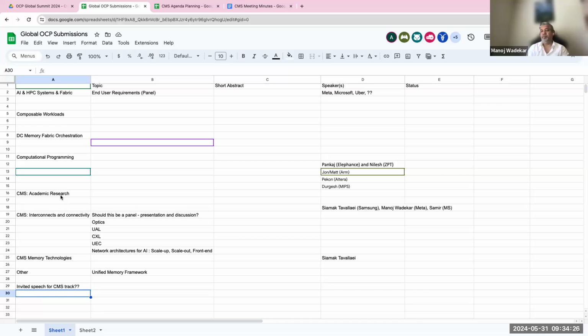Yeah, so we can start with this right now, just putting the content down. But I think, CMAC, what you said, and Pankaj, we'll end up figuring out what is possible to fit into the day, and also, as CMAC said, what is possible to put on the stage, because the number of people you can have on a stage gets limited, except in a panel, where we can put 4 to 5 people. But otherwise, co-presenting.